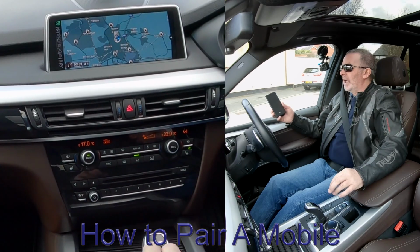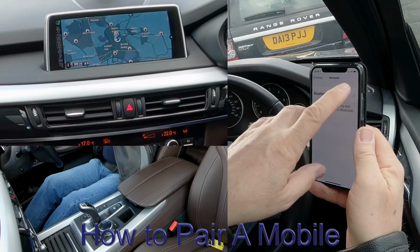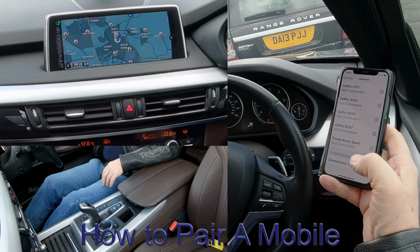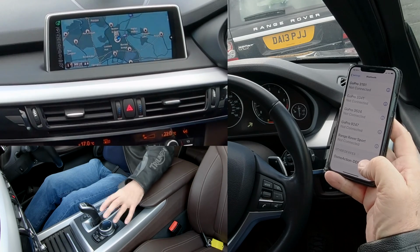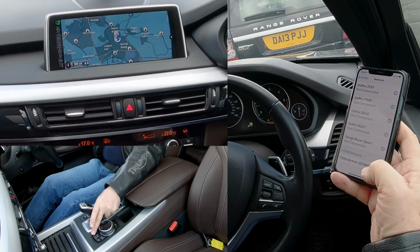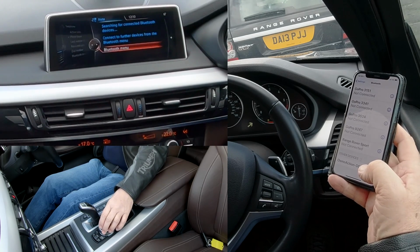Okay, I'll just show you how to pair a mobile to the Bluetooth audio system. First of all, we make sure Bluetooth is on. Just watch out at the bottom for it appearing. We now go to the eye control, the telephone button, which is top right. Click telephone, go to the Bluetooth menu,